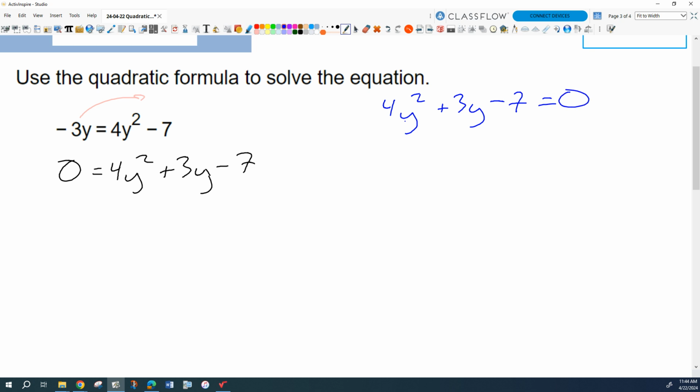So what are our values of a, b, and c? What's a? 4. Everybody agree? That's the squared term, right? Everybody together. What's b? 3. Okay. What's c? -7. And all we have to do is plug into the quadratic formula. Remind me again, instead of x, we have y. But y equals,